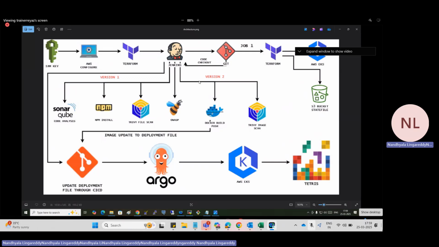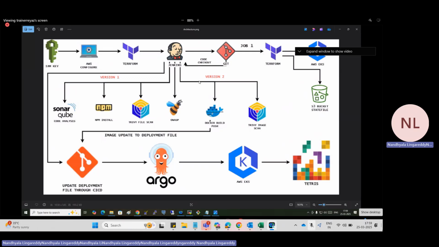and then for Kubernetes, we have two files. Deployment YAML file will be there. You can create two files also, one file also. We can create a deployment and service in the same file or not. And then in that deployment.yaml file, we need to mention the image name. Yes or no? We need to mention the image name. So Tetris version 1 image will be there, because first we will be running the job which will create the Tetris version 1 application, and your load balancer will be created by EKS, and then everyone will start accessing the Tetris version 1. Okay,